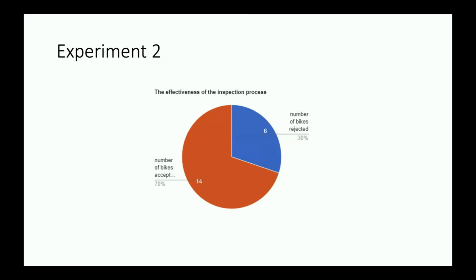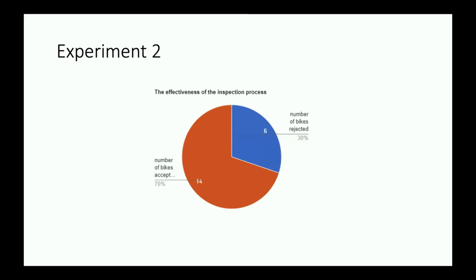First, we can assemble a team of experts or trained volunteers who have knowledge of bike safety and maintenance. This team will be responsible for inspecting the donated bikes before accepting them. We can also develop a checklist that outlines the criteria for bike safety and their condition. The checklist will include factors such as the condition of the brakes, tires, frame, and other essential parts of the bike.